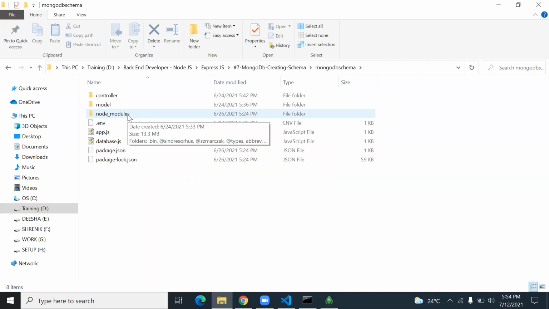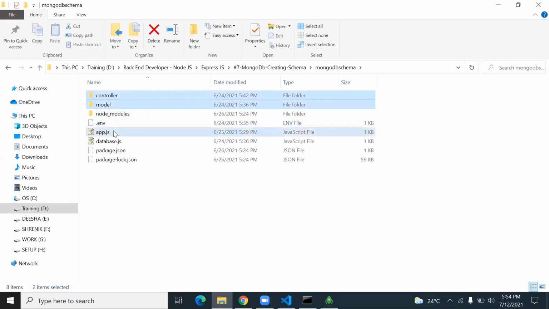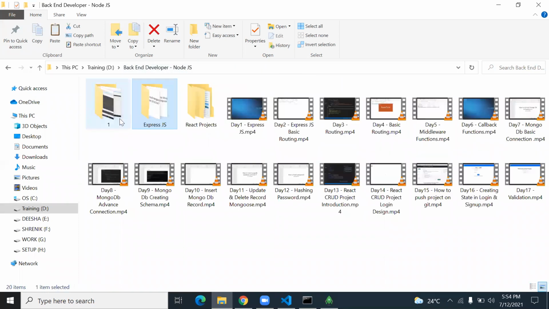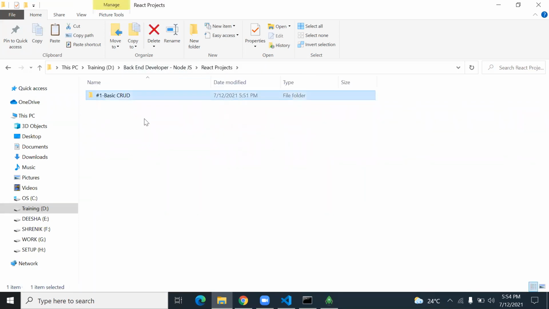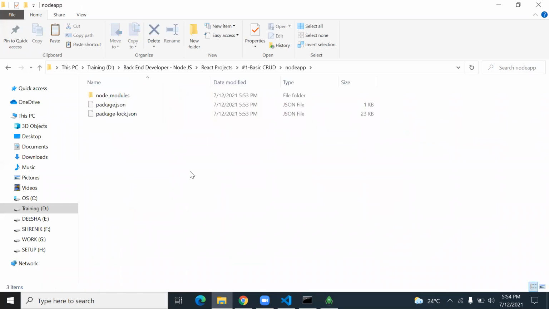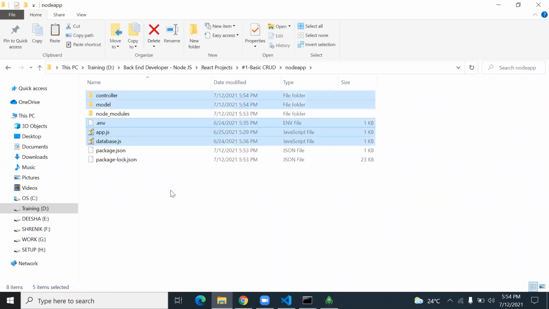Let me copy the controller, model, app.js, and database, even the .env file, and we paste these into the basic CRUD Node.js project. Okay, so this is the project structure.